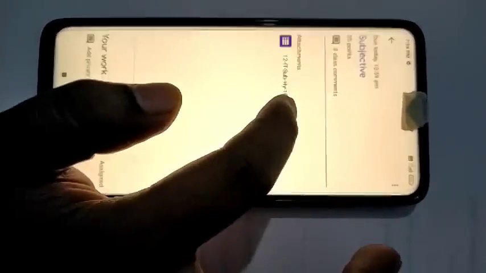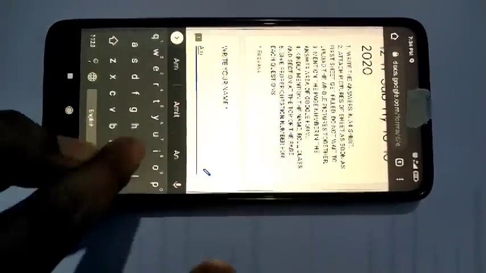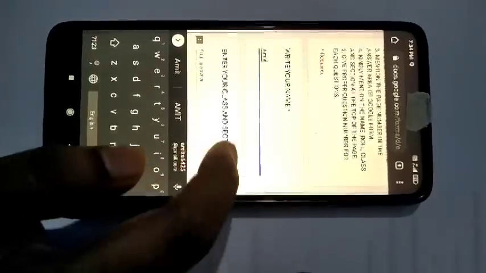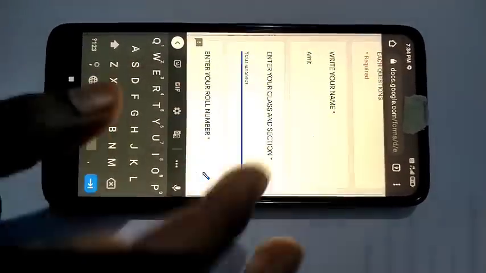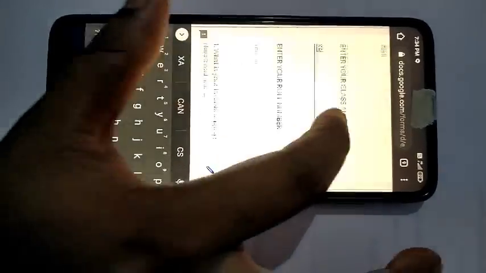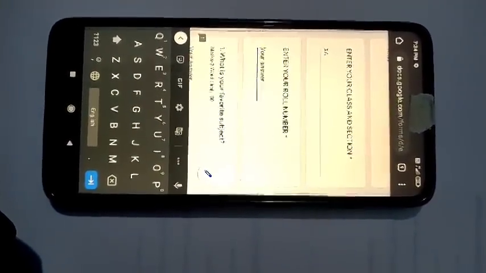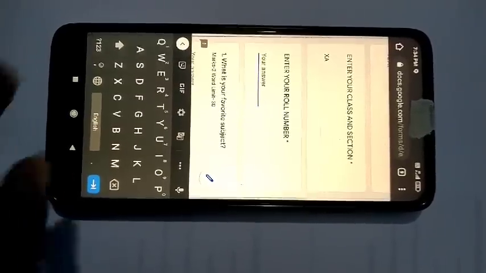You will find the questions in the Google form. In this Google form you have to again write your name, so that a student who forgot to mark attendance at the beginning can mark the attendance over here. Then you have to provide the school roll number, the class roll number which is provided by the class teacher.